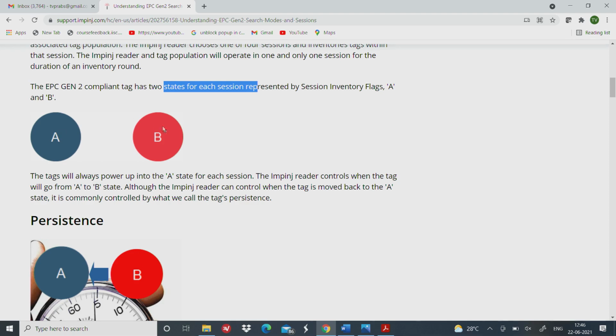The problem with dual target mode is, you can think of it this way: you read in A, you go to B, transit back to A very quickly. That means the same tag can be ready for being inventoried multiple times. Now look at the problem. If you have a population of tags and you have a reader here and a population of tags here, some tags are closer, some tags are further away, and for your good fortune, the signal which is caught by the nearby tags has a better signal to noise ratio, and therefore they are able to power up much more quickly as compared to somebody that is far off.